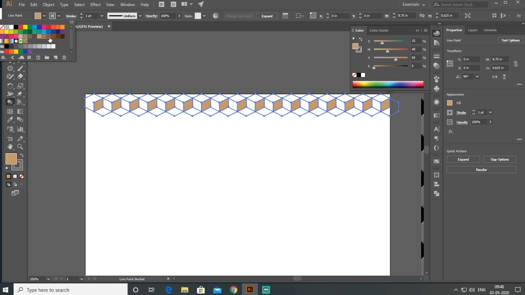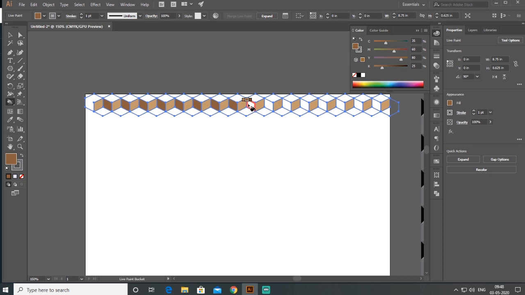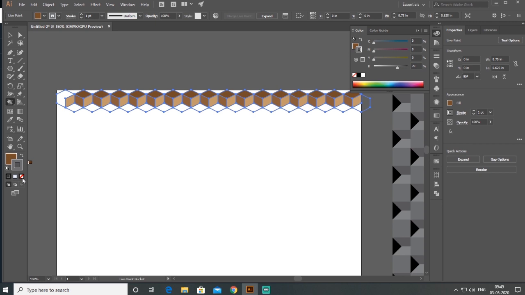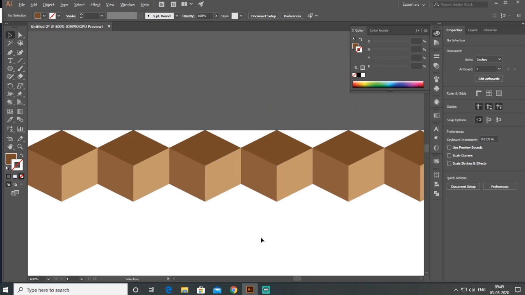Choose another color. And the stroke color is none. So look how my 3D pattern looks.